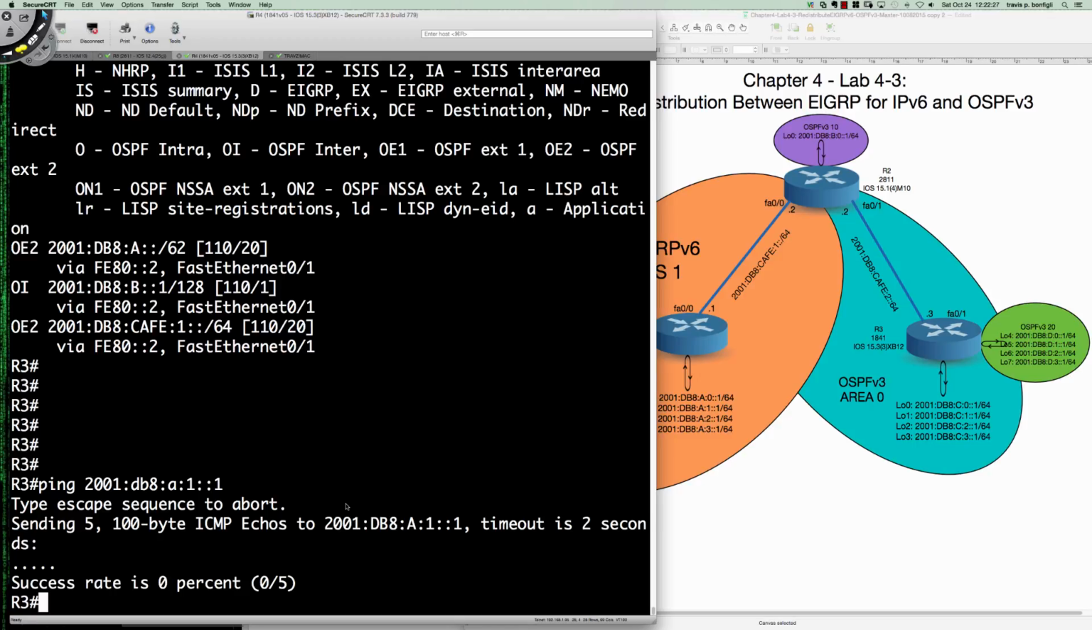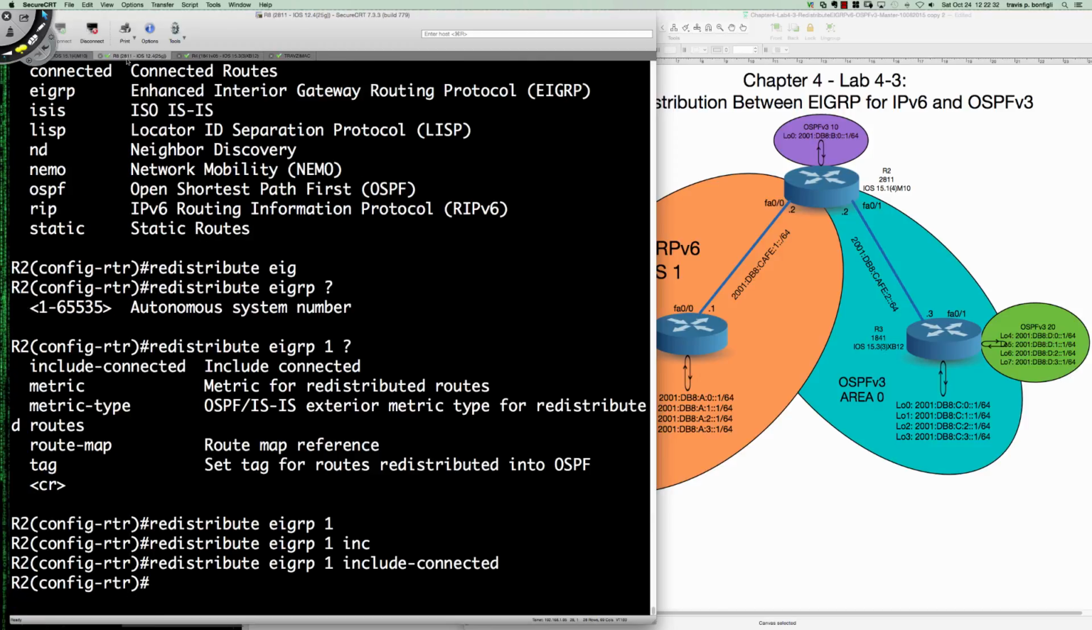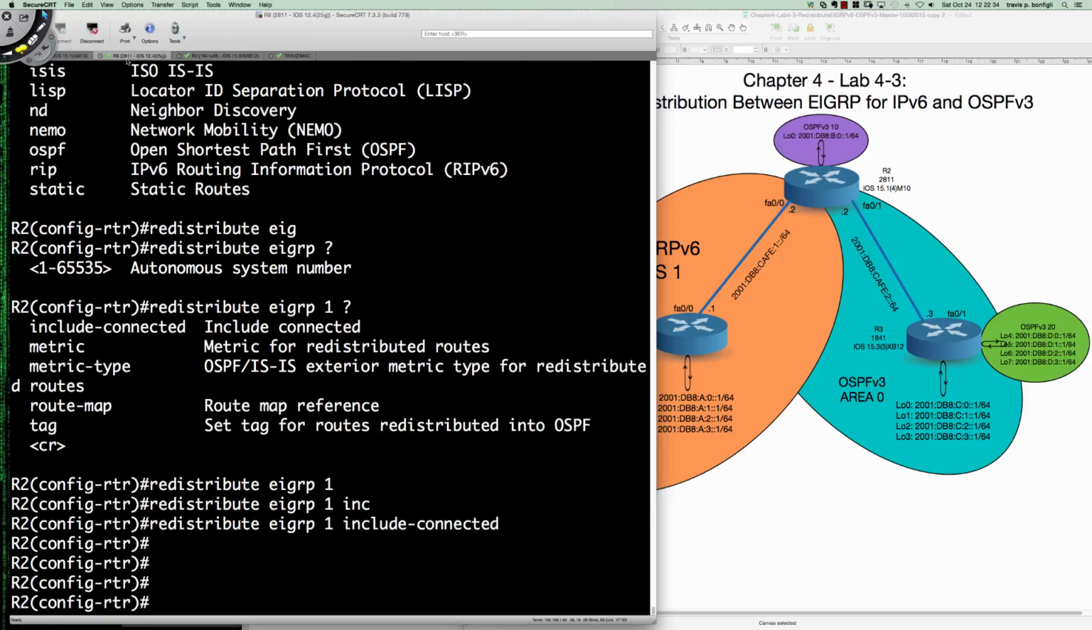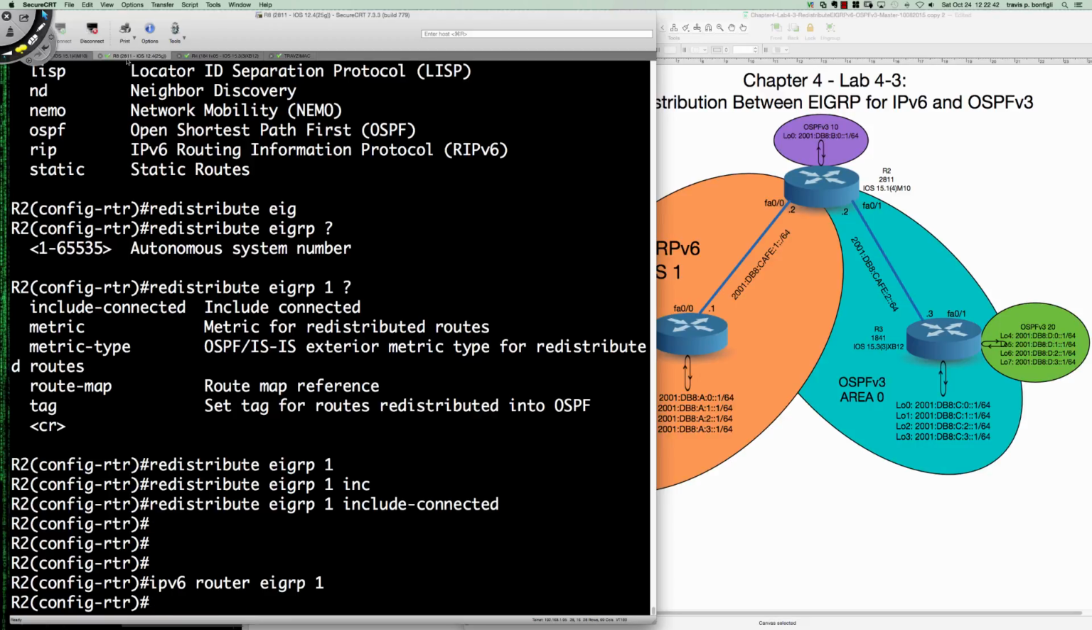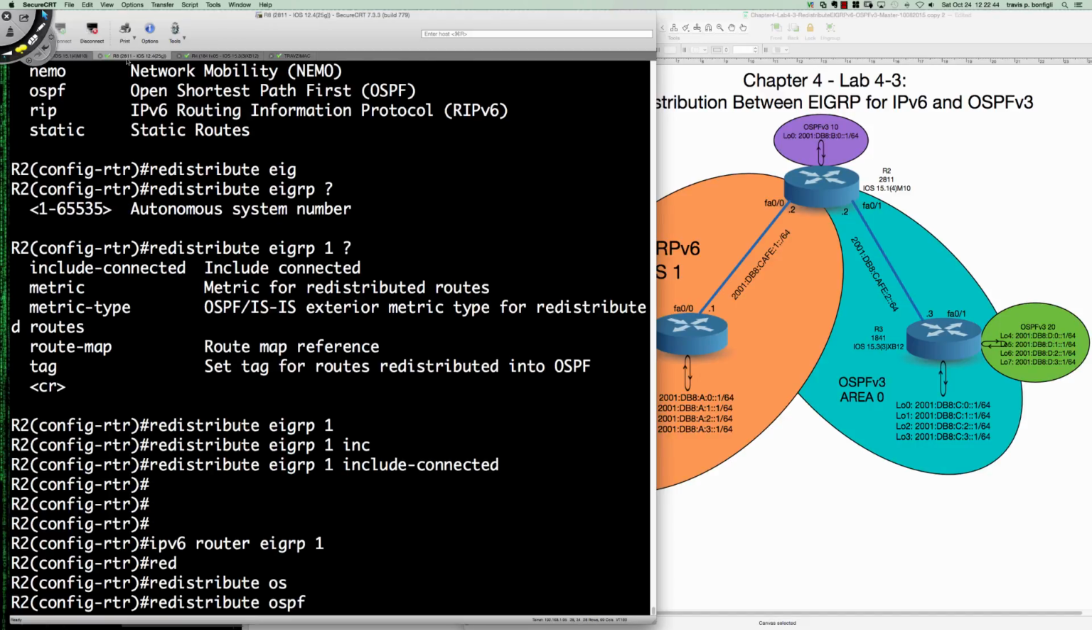So let's take a look at that on router 2. So let's transition back to router 2. Remember, we needed to have that include connected to get the transit network. So now we're going to go into the IPv6 router EIGRP1, and we're going to say redistribute OSPF process ID 1. Now remember, we're redistributing from